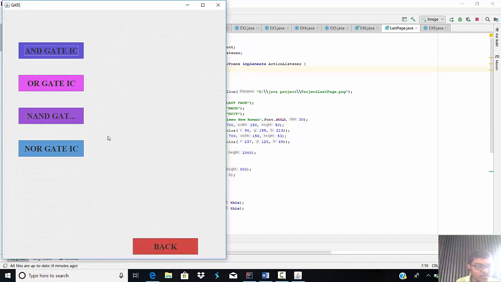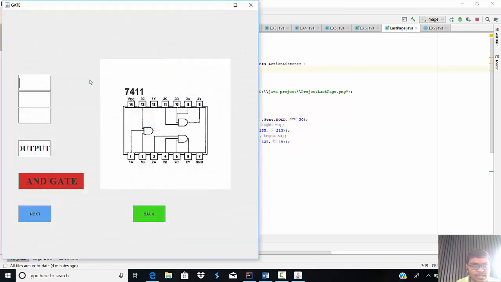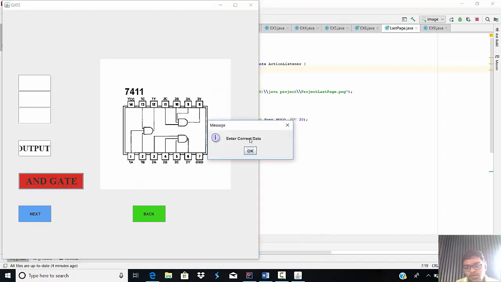Three input has four gate ICs. XOR and XNOR are not three input ICs. So I test the AND gate IC. If you do not enter any kind of data and press AND gate, it gives me a pop-up: enter correct data.